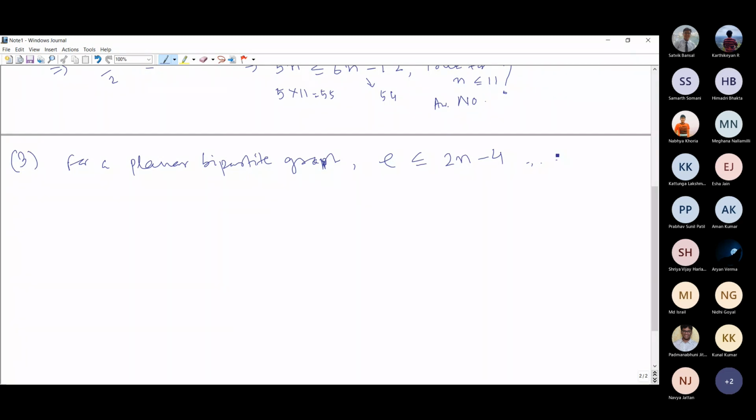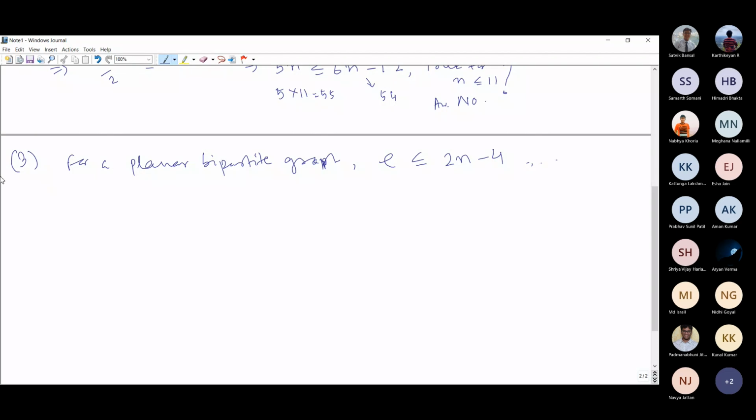Okay, so this is actually correct, you'll prove it. There is a vertex of degree 3 or less. Here you assume that the degree of every vertex is greater than or equal to 4, then you get a contradiction. So here it is true, you prove it. So this is problem number 3.